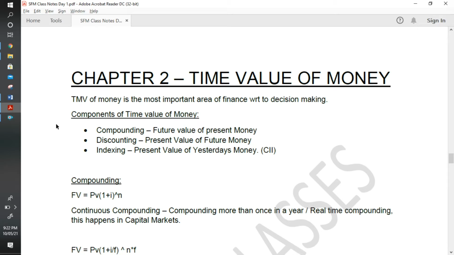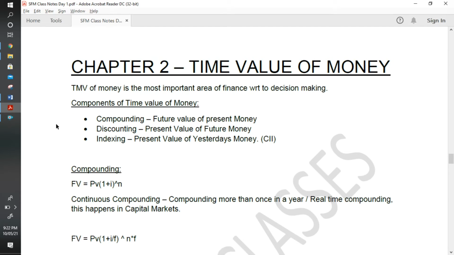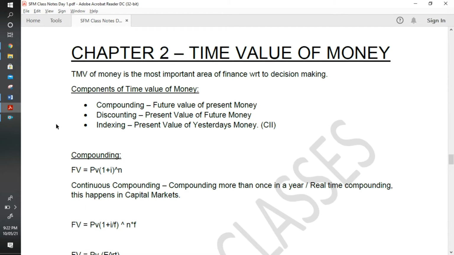So why do we need to use compounding? I'll tell you. Future value of present money. Compounding is basically used to calculate the future value of present money. It is used to calculate the present value of the future inflows. If the income is earned on investments and the same is being reinvested in the cycle to generate additional income. Let me make it a little bit simpler by giving an example.